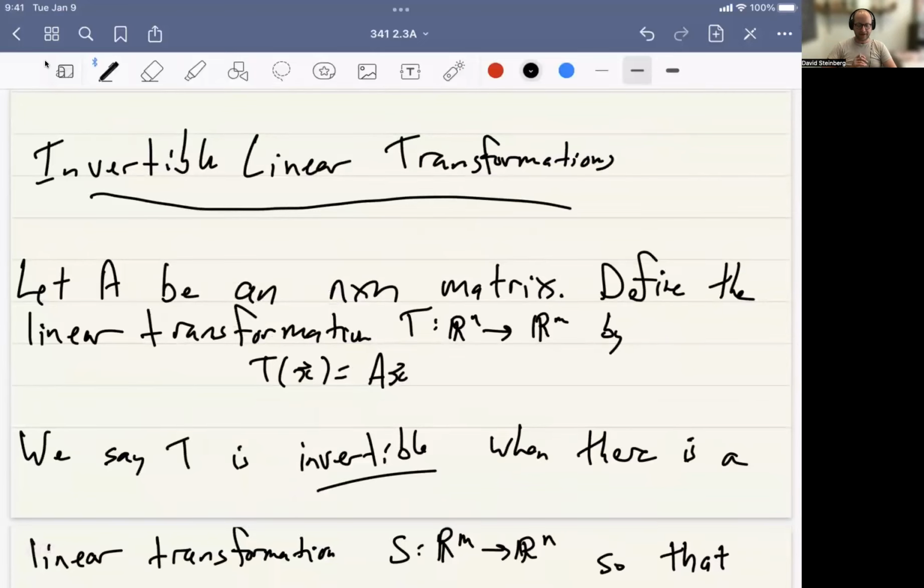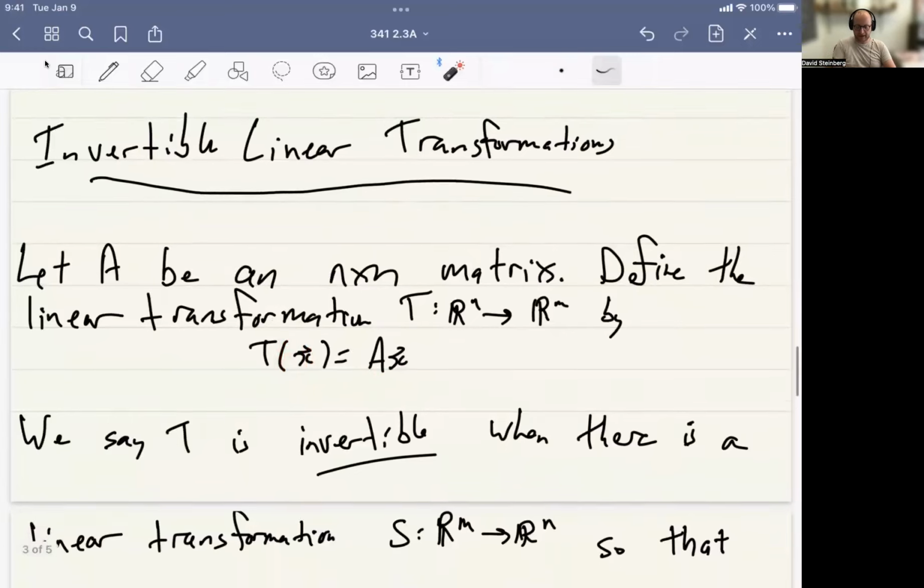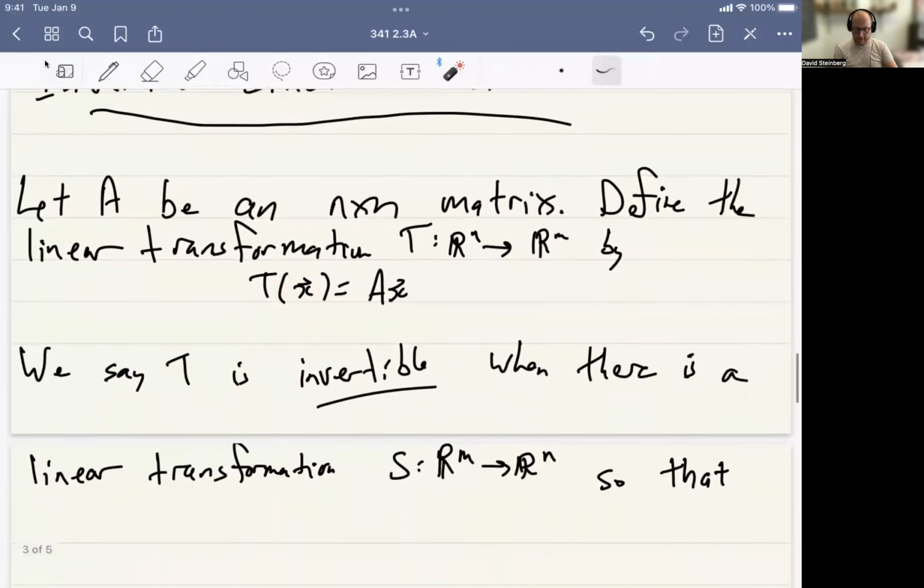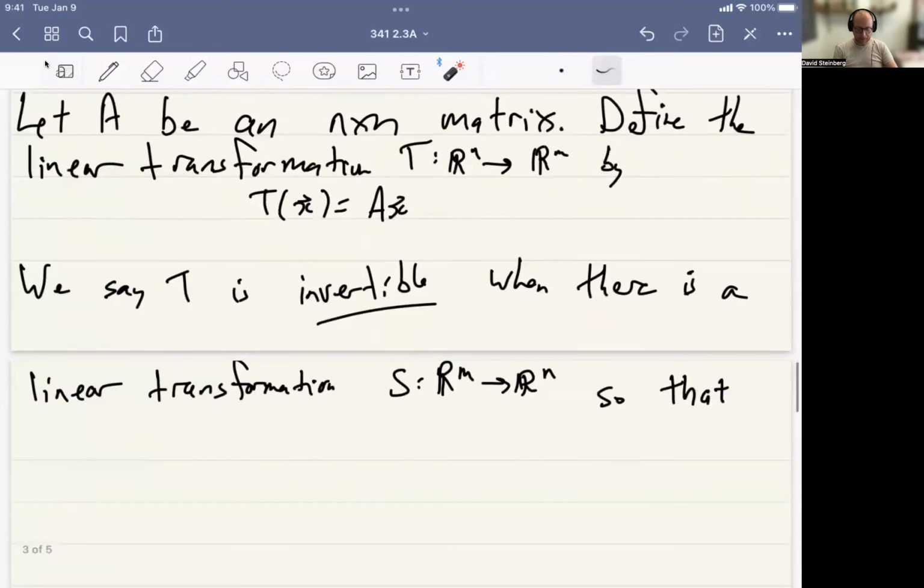So if A is an n by n matrix, we can define the linear transformation T that takes x to Ax. We say that T is invertible when there is a linear transformation in the other direction. So T goes from Rn to Rm. We want a linear transformation reversing T, going from Rm to Rn, with the property that